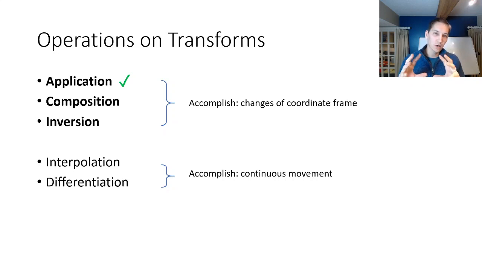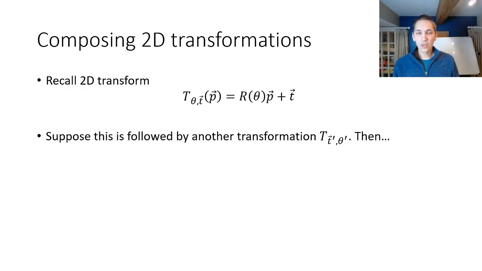There are also operations that we'll look at in the future with interpolation and differentiation, which represent movement, but those are going to be left for a future lecture. Okay, so let's think about composition. So we're going to assume that we have a first transform. Here's an example. If we know where a camera is located on, let's say, a mobile robot,